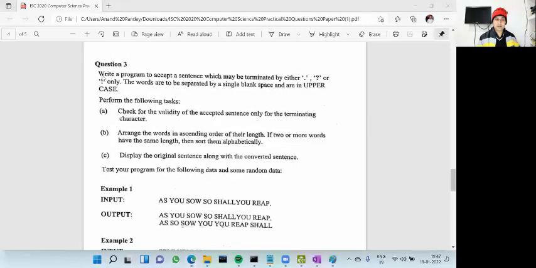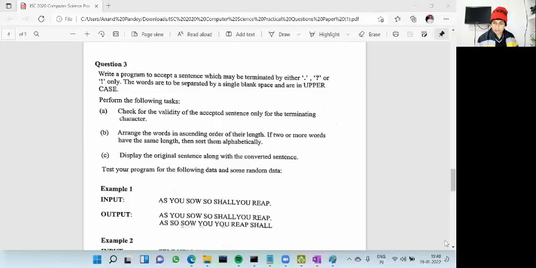और स्ट्रिंग की प्रोग्रामिंग में ये जो दिख रहा है ना, write a program to accept a sentence which may be terminated by either dot, question mark or exclamation sign, ये कॉमन चीज, ये होगा ही होगा। ठीक है, हमें चेक करना है यहाँ पे कि जो स्ट्रिंग हमने इनपुट लिया है वो किससे टर्मिनेट होना चाहिए, इधर डॉट से, क्वेश्चन मार्क से और एक्सक्लेमेशन साइन से। इन तीनों के अलावा किसी और सिंबल से अगर टर्मिनेट होगा तो उसके लिए इनवैलिड इनपुट देना, ये चेक करना कंपलसरी और हर क्वेश्चन में रहेगा। ठीक है, इसको भी हम डिस्कस कर लिए। ये क्वेश्चन मैंने सॉल्व किया है, आई विल शो यू।